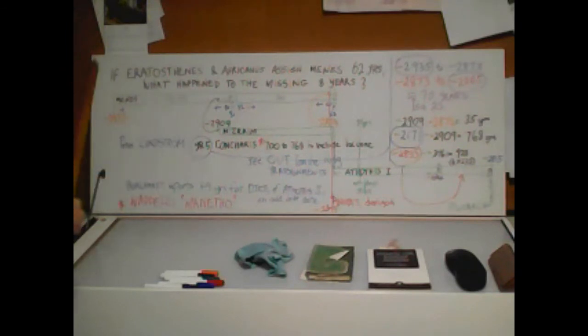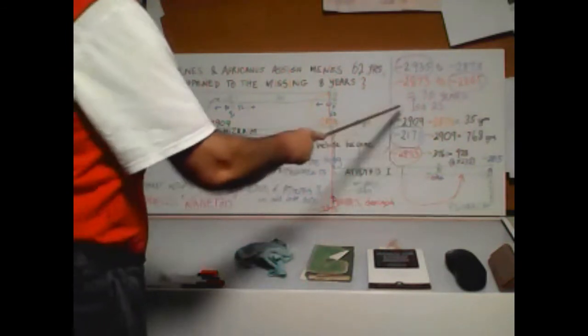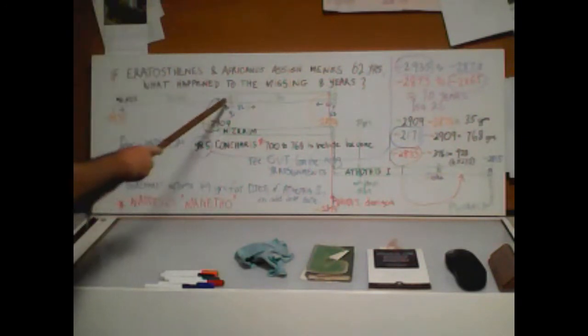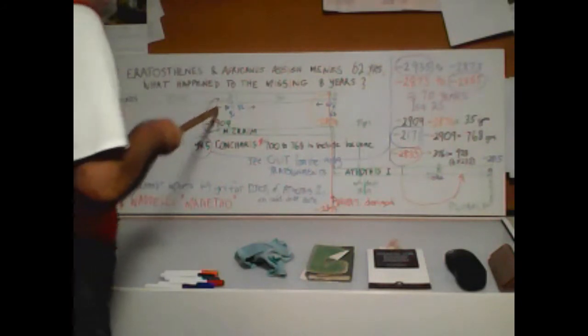Okay, now 2909. Alright, that's the start of Mizraim, or Menes, and we can see that there will be 4 years into that first period, so it will be really year 26 of Menes' complete rule. Alright,